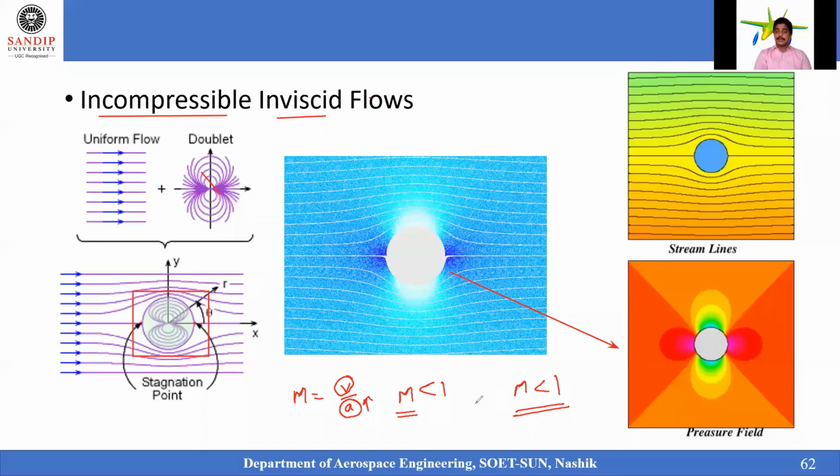Now the immediate question comes: do you mean that in supersonic cases we cannot have elliptical flows? No, I don't mean that. Here I am saying that the velocity needs to be lowered to keep that value small, or I have to increase my speed of sound in such a way that my Mach number becomes negligible. Only then can that type of flow problem be addressed with the elliptical equation. This is what we would like to conclude from the elliptical equation problems.